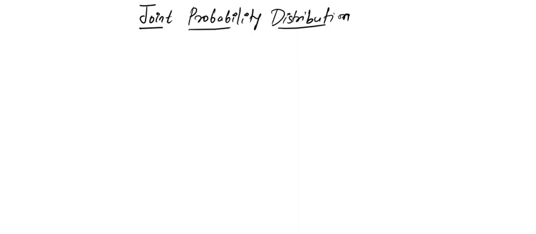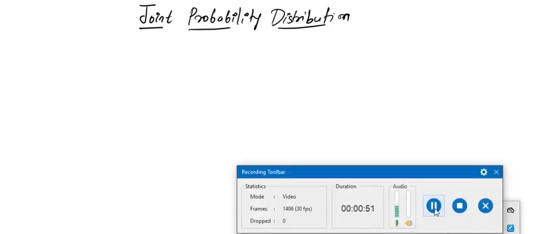Here we are going to relate two variables, so it is called joint probability distribution. Instead of one variable, we will be having two variables whose characteristics are going to be studied here. Along with this, we will be studying discrete random variables, expectation, covariance and correlation coefficient in relation to joint probability distribution. That is what we are going to see in this session.